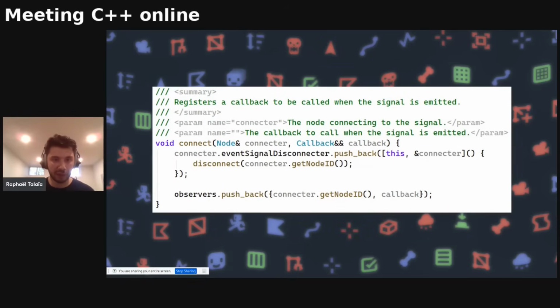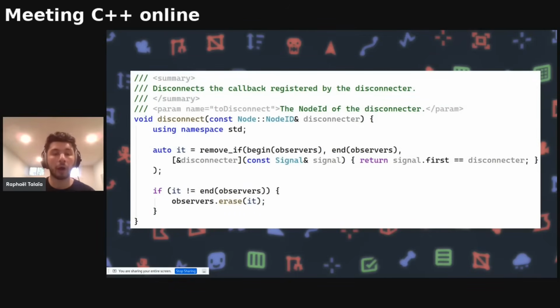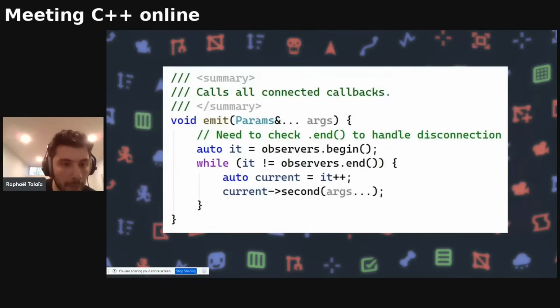Here we can see the logic for the connection. We would have a signal, for example, onHit. We say onHit.connect, pass the node, pass the callback, boom, that's it. Observers push_back, that's where it happens. For the disconnection, again, pretty simple, I'm just going to skip through it. And for emitting, that's where the magic of the pack happens. We just take the params and pass them. We just have to make sure that the signature is good, and then you can call all the callbacks